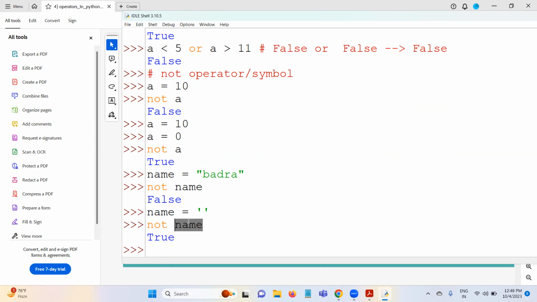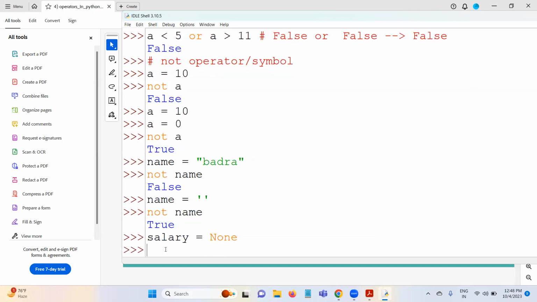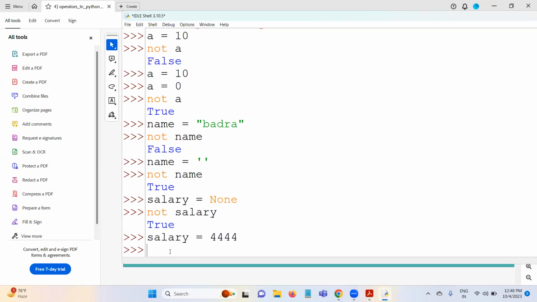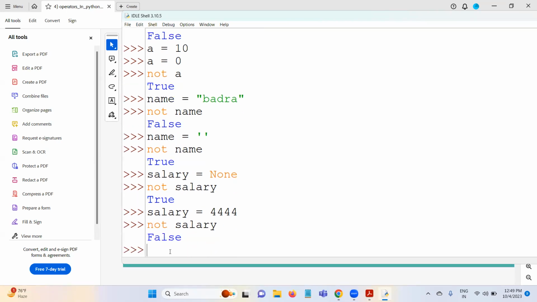I mean, nothing is there. Like salary is equal to None, right? None is also a null kind of value. Nothing. So if not salary, true. In case I have any salary here, let's say some number, this time it is going to return false because there is already some salary, right? Understood this point? Not will return true when this object is empty, or either 0 or None or an empty string,